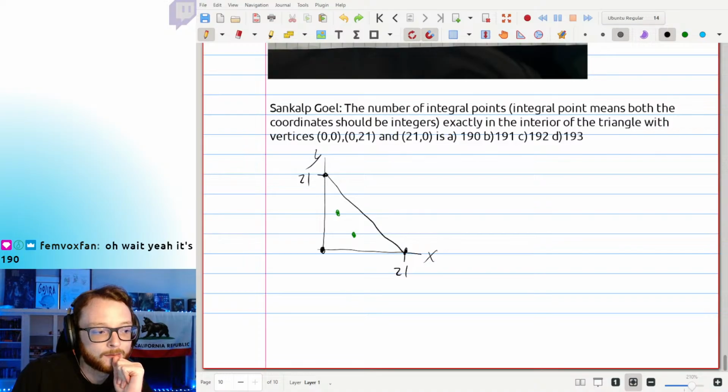It's 190. Pick's theorem. I haven't heard of that, I don't think. "19 times 20 divided by 2," Krim says. Because for the third point,